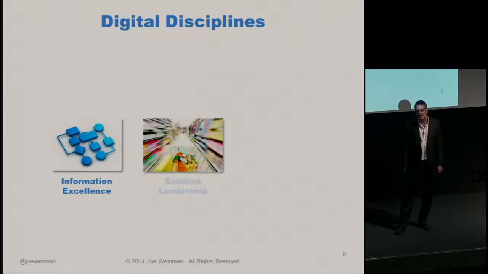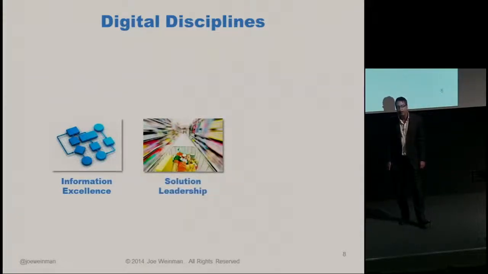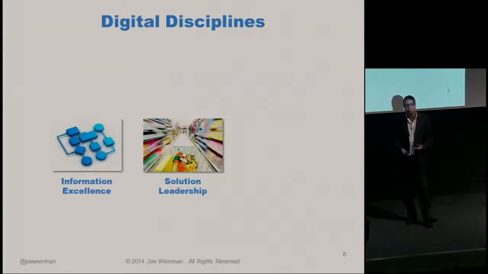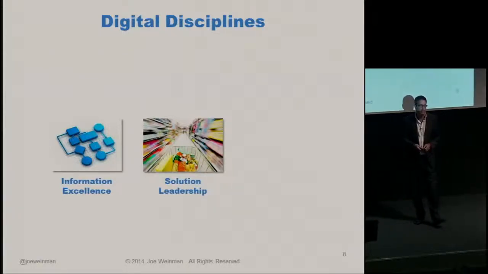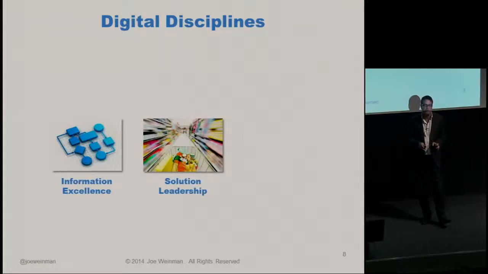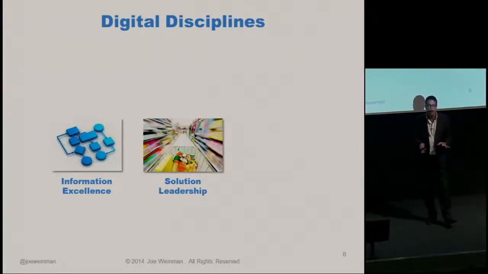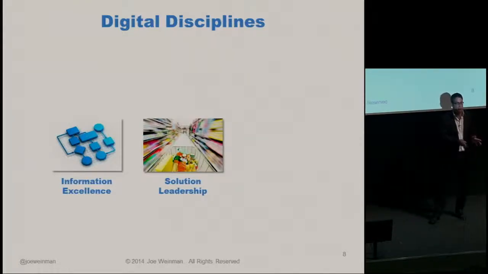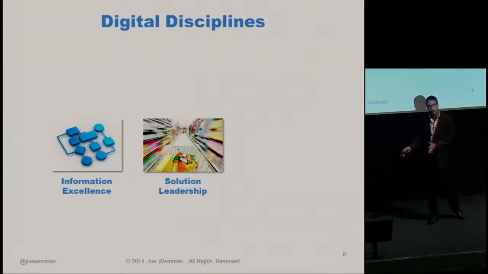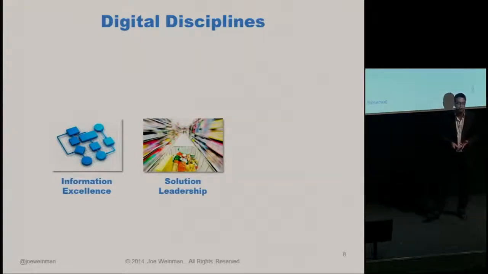A second area is what I call solution leadership, which I will explain, but the idea is leveraging information technology to create better products. But it's much more complex than just saying digital products. It's really about end-to-end solutions that include the product, the network, and cloud services, both in and of themselves and as a gateway to enabling APIs, partner ecosystems, and links to things like social networking.